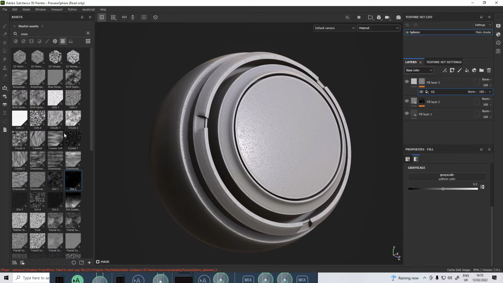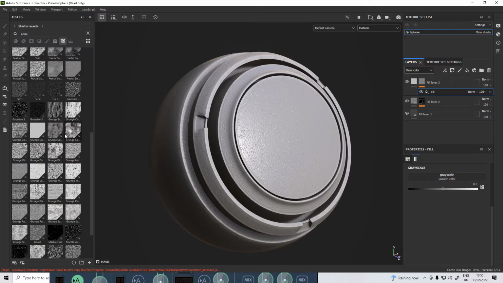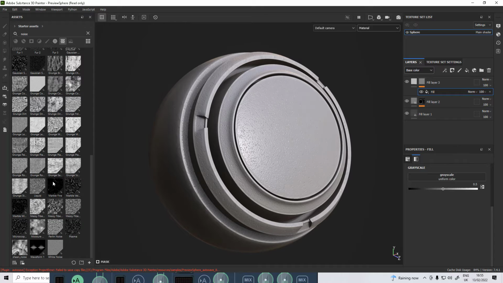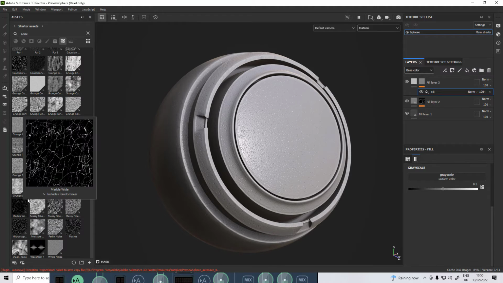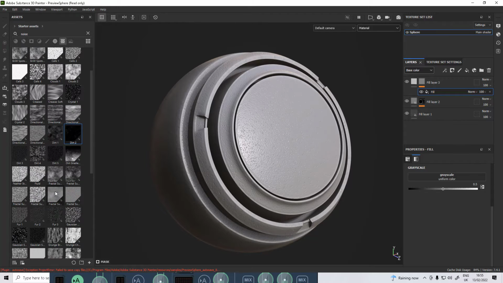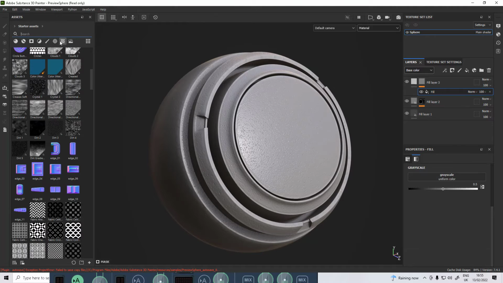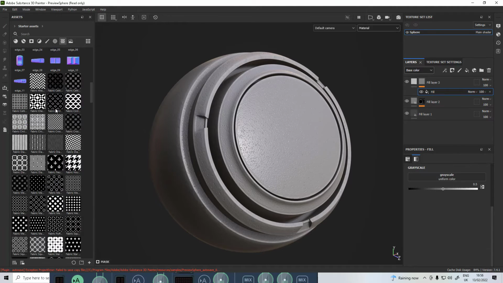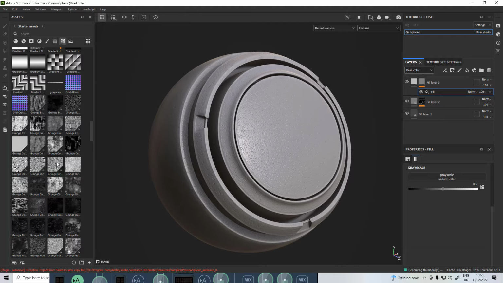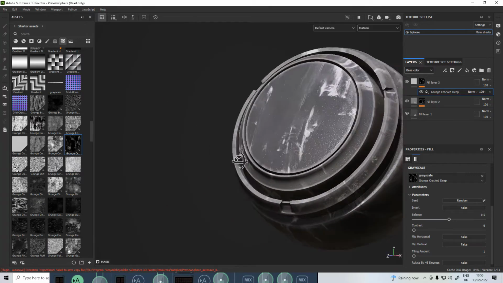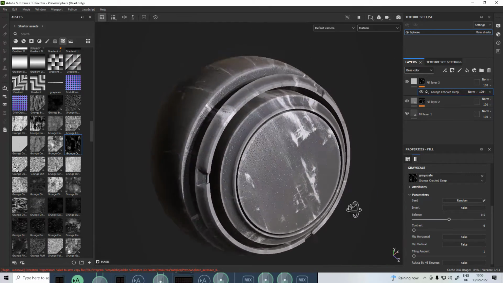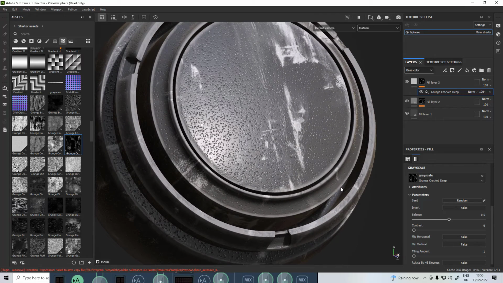And I want something that's kind of messy, it's got a little bit of direction to it, something I can adjust to make it look good. Now I've got this filtered, so let's unfilter that. Make sure I'm on the right kind of place. There we go. So this is quite a nice one for this. If I drag and drop that over there, we'll see we get some kind of scratchy, nice, kind of messy, dirty bits. And I can tighten those up by increasing the contrast, because I don't want too much in the way of